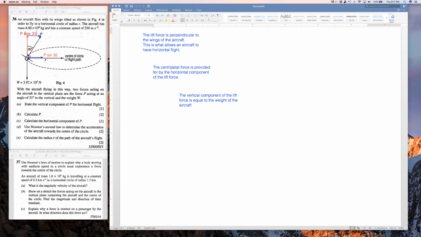So we simply equate P cos 35 to 3.92 by 10 to the 5. You just equate them, all right? And solve for P. So P would therefore be equal to,